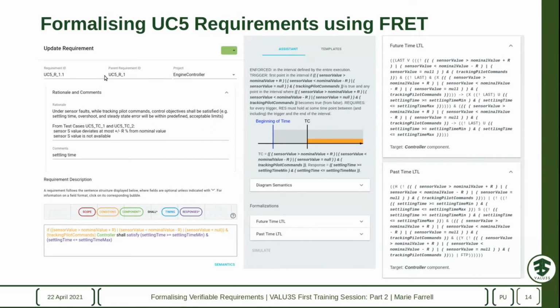Now I did mention this briefly, but I didn't show an example earlier. So formalizations down here, FRET has an LTL semantics, so it produces future time and past time LTL. And if you click on those, this is what it gives you. Although they don't look very nice here, and I'm not going to explain what every single symbol means in them,